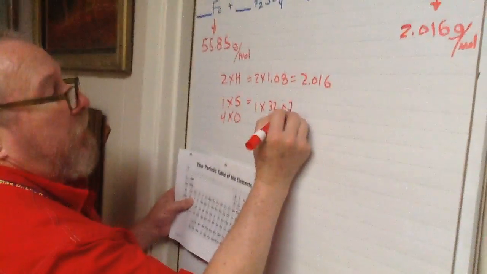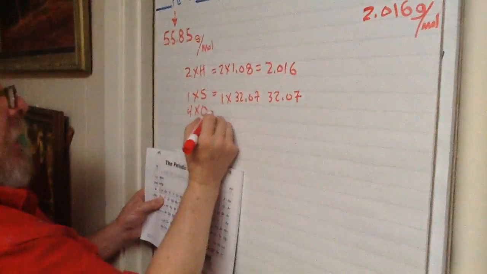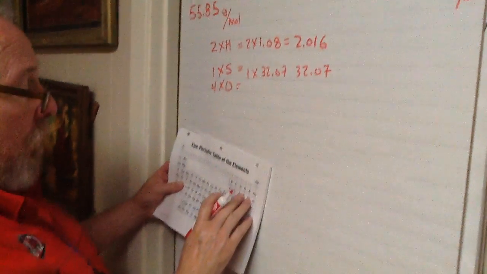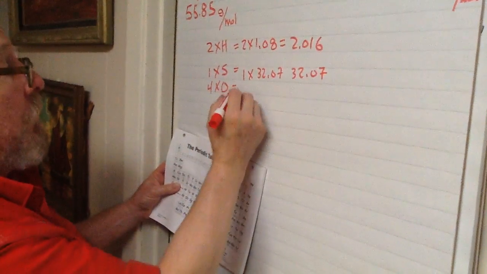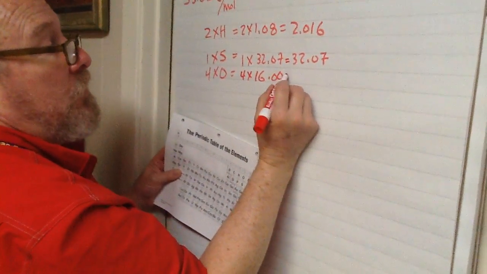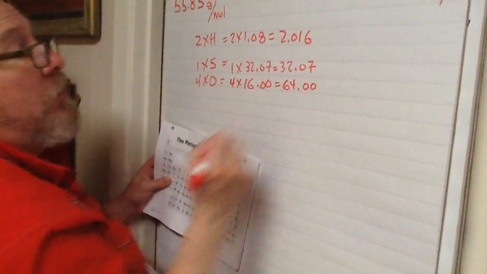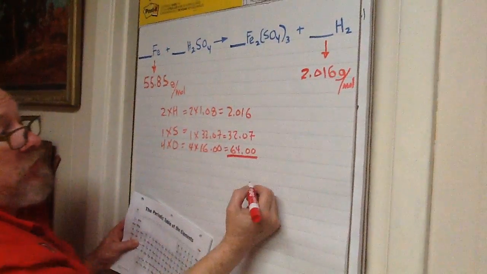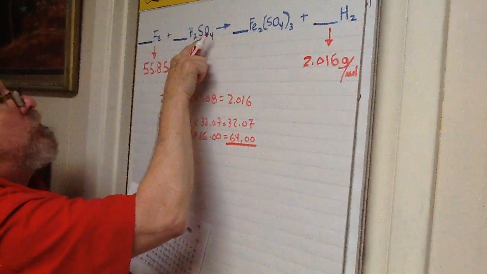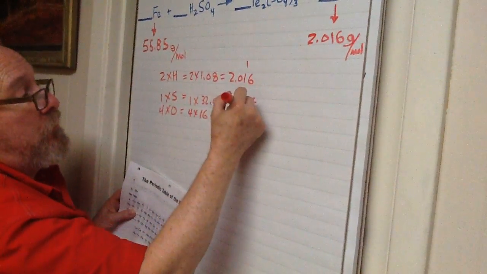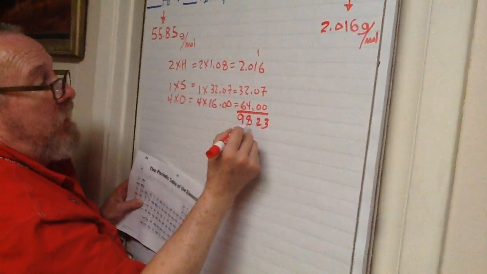1 times 32.07 is 32.07. And finally, oxygen has atomic mass of approximately 16. For our purposes, for 2 significant figures past the decimal, it is going to be 4 times 16.00, which is equal to 64.00 grams. And then when we want to know the molecular mass for sulfuric acid, we simply sum all the atoms up. 2 hydrogens, 1 sulfur, 4 oxygen. So right here, 6 and 7, 13, carry my 1, 2, 2, 4, 8, and 3 and 6 is 98.23